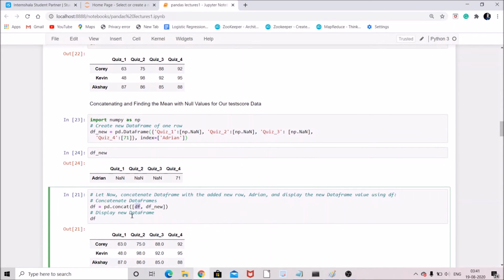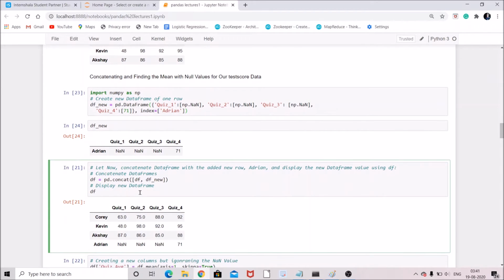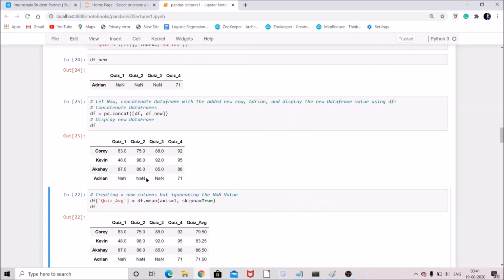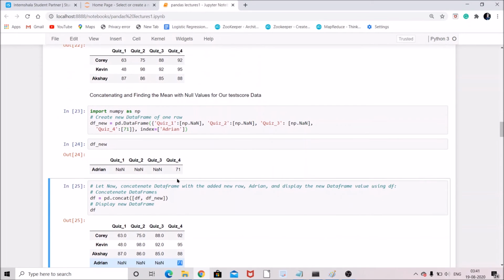We can use the pd.concat function to connect these two data frames. You are able to get this, the new data frame created with Adrian, and the average value is 74. Quiz 4 is 74.